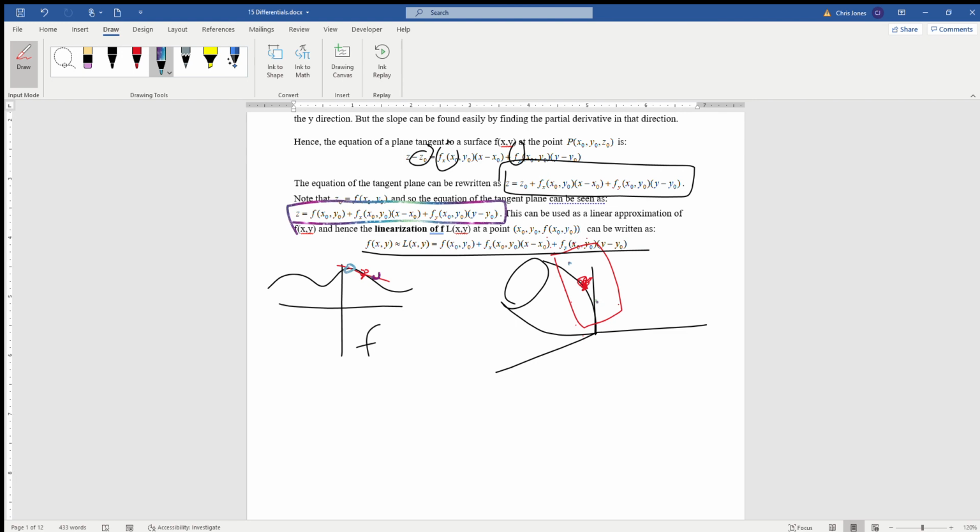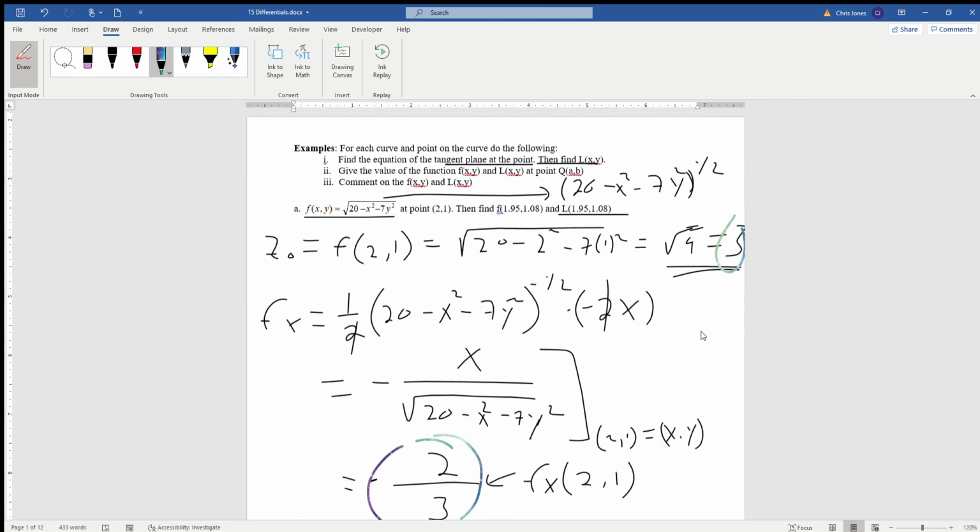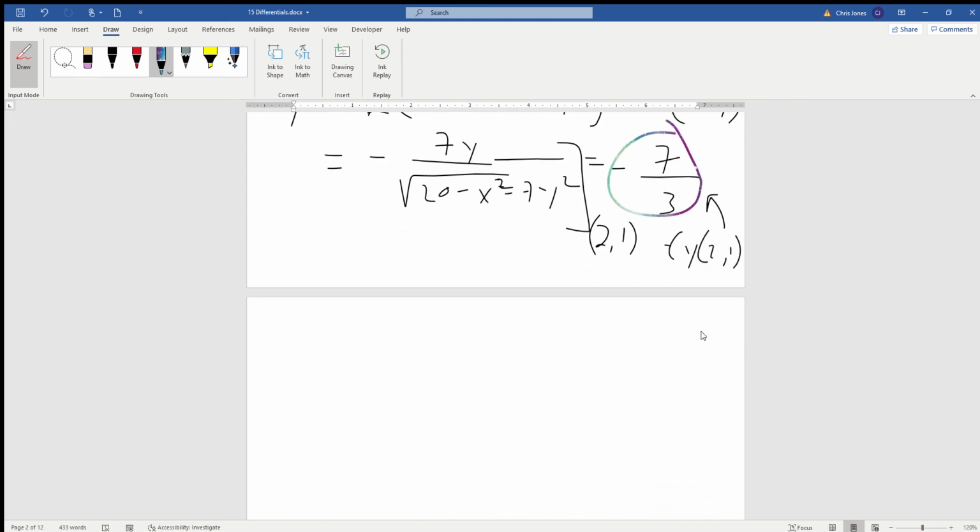And so it's essentially going to be equal to z0 plus the derivative with respect to x times (x minus x0), plus the derivative with respect to y, fy, times (y minus y0). Okay, so let's just set this up. Z is going to be equal to, remember we got 3, which is our f at x0, y0, in other words z naught, plus, remember we got negative 2/3,